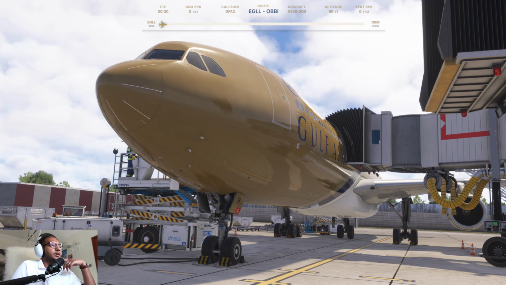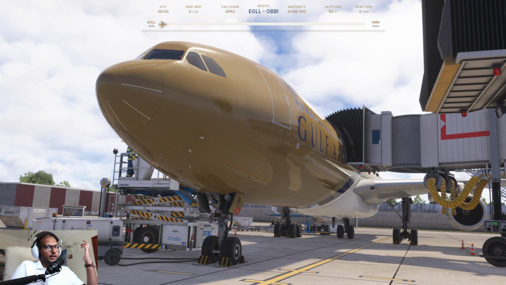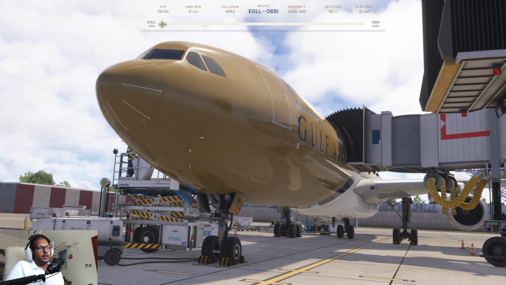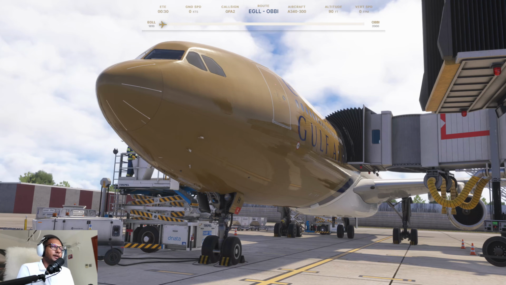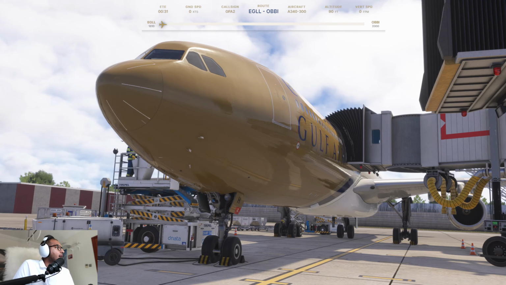So the flight we have today is from London Heathrow to Bahrain. We're on an Airbus A340-300, a Gulf Air 340-300. Obviously these planes don't work for Gulf Air anymore, but we're doing something a little bit retro and going back to the early 2000s, late 90s, something like this. At the moment boarding is in progress, and very soon